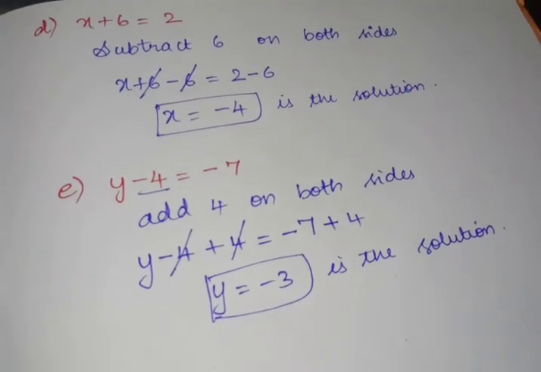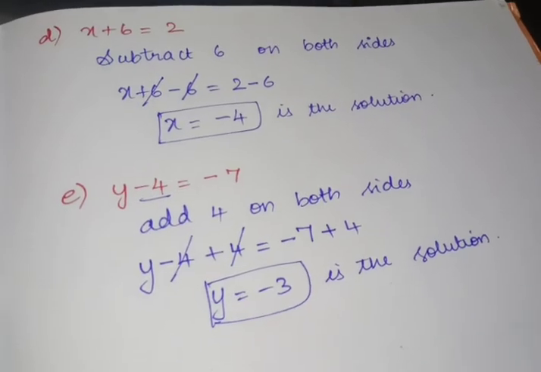Remaining F, G and H problems are the homework. Okay. In today's class we have started exercise 4.2 from the first problem. In this we have discussed how to solve the equation using the balancing method, and I have given a few problems as homework. I hope you all understood, children.